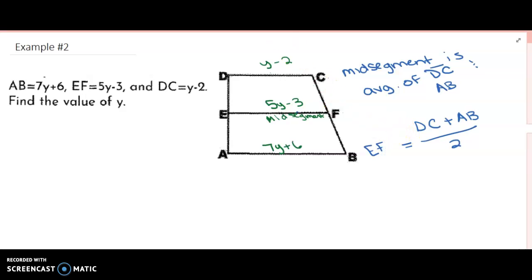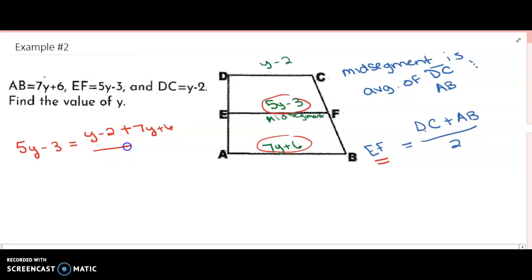Well now guys, I can just plug stuff in and do some algebra. So EF is 5y minus 3. That's going to equal DC plus AB, so DC is y minus 2, plus AB is 7y plus 6, divided